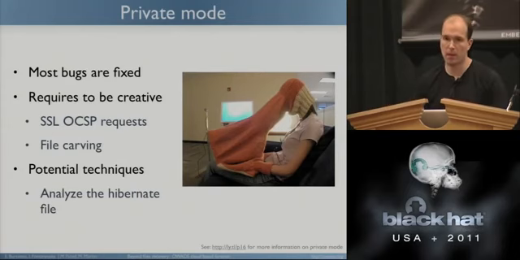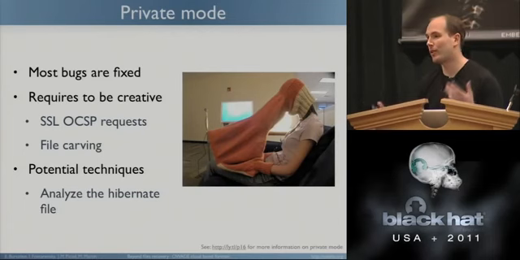It's for IE mainly. We also have another potential idea for how to do that, which is basically looking at the hibernate file and trying to extract URLs from it. We don't know how good it will be. It's ongoing work, but we think a very important part of OWADE is how to deal with private mode, because it's likely that the most interesting things will be done in private mode.